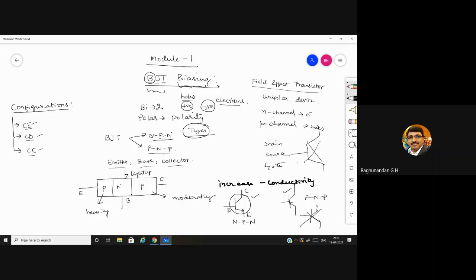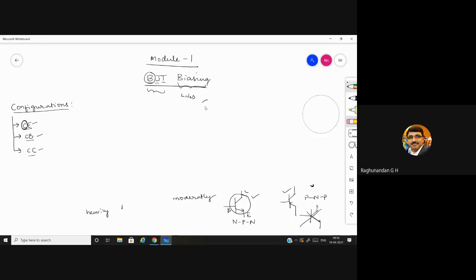Now, can anyone tell me what this common indicates? The word common in this indicates that terminal is common to both the other two terminals. Yes, very good. So these are all the basic things. Actually, your syllabus starts directly with the biasing, but without the basic things, it will be difficult for you to understand. You might be knowing the things whatever I'm discussing now, but let us have a revision.